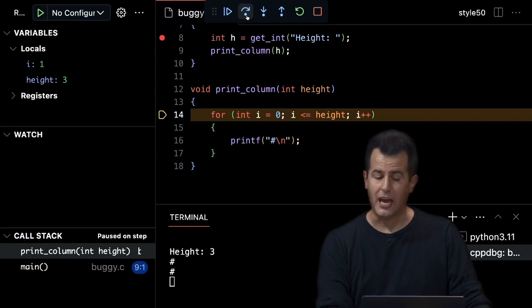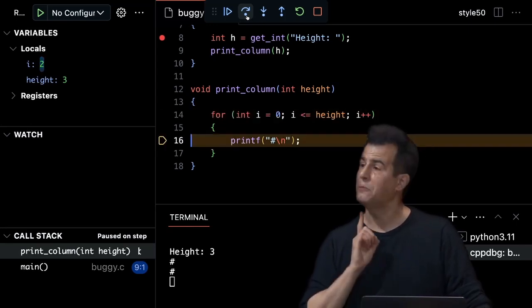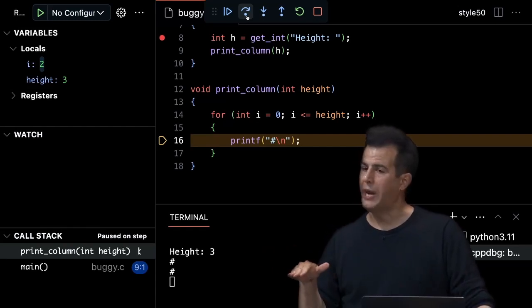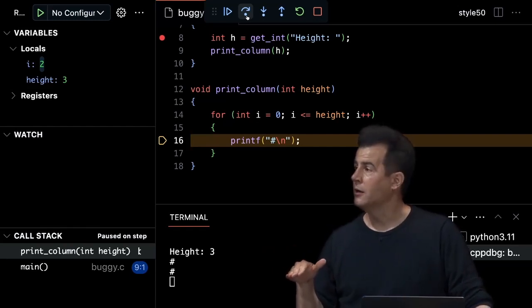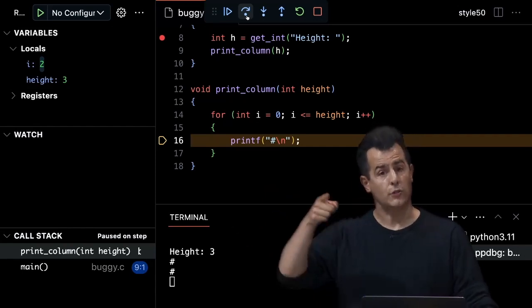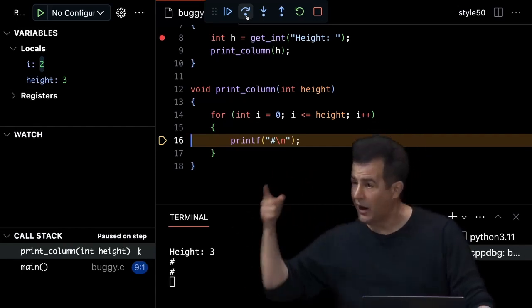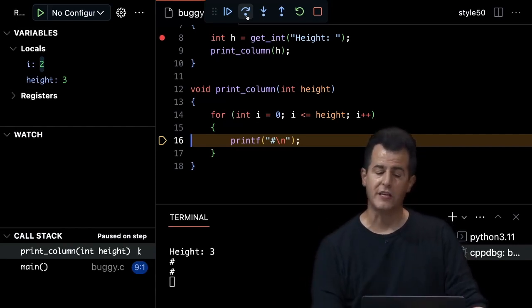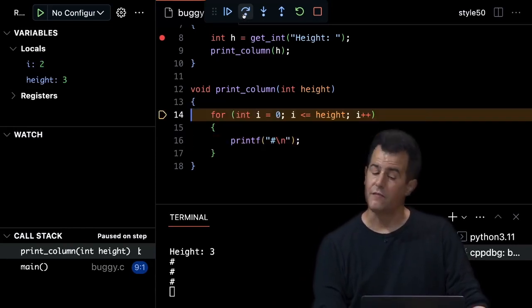It's going to do this again, print out the hash. But notice at the top left of the screen, height is still the same. It's still 3. But what has been changing, apparently? i on each iteration. So the debugger is letting me see what's going on slowly inside of this loop, because i keeps getting incremented. So if I step over this line now, notice that I've now printed 3.